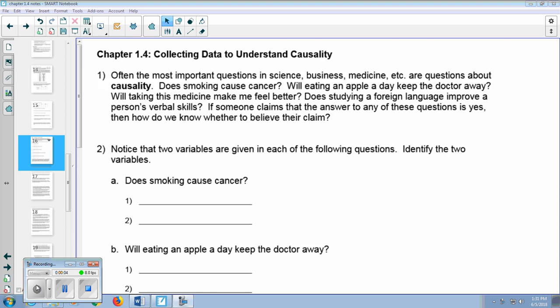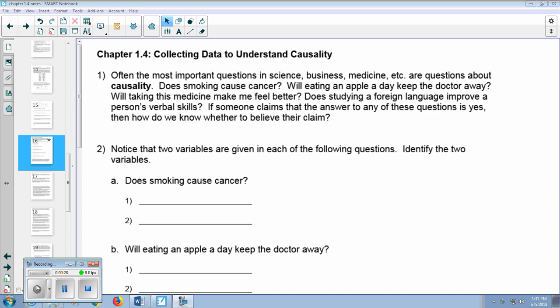Okay, chapter 1.4, collecting data to understand causality. Often the most important questions in science, business, medicine, etc. are questions about causality. For instance, does smoking cause cancer? Will eating an apple a day keep the doctor away? Will taking this medicine make me feel better? Does studying a foreign language improve a person's verbal skills? If someone claims that the answer to any of these questions is yes, then how do we know whether to